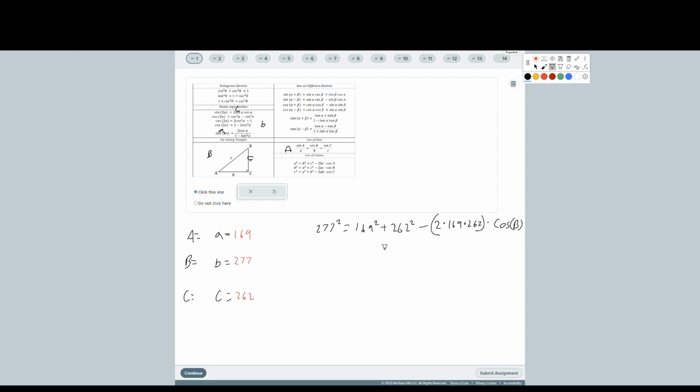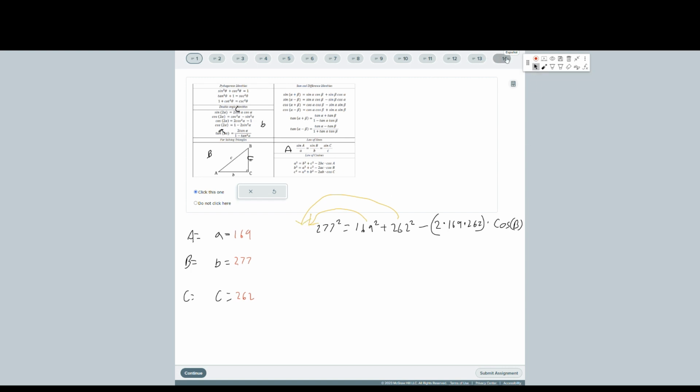So in order to get this, we're going to subtract both sides by the 169 squared and by the 262 squared. Essentially just moving those over here, subtract it, move that one over here, subtract it,